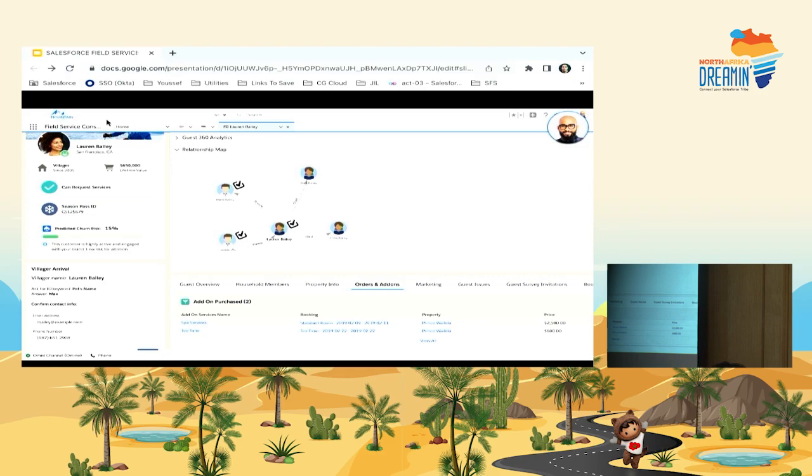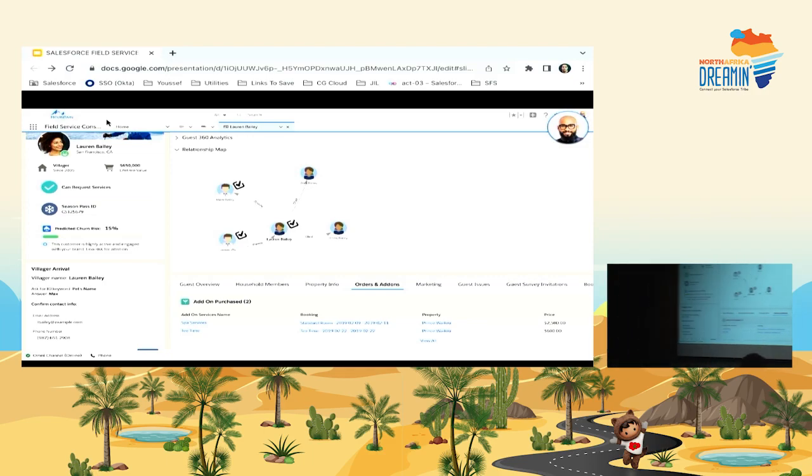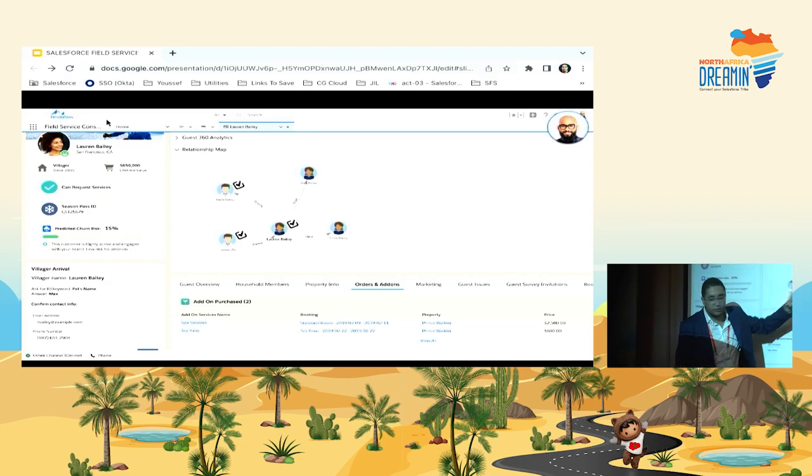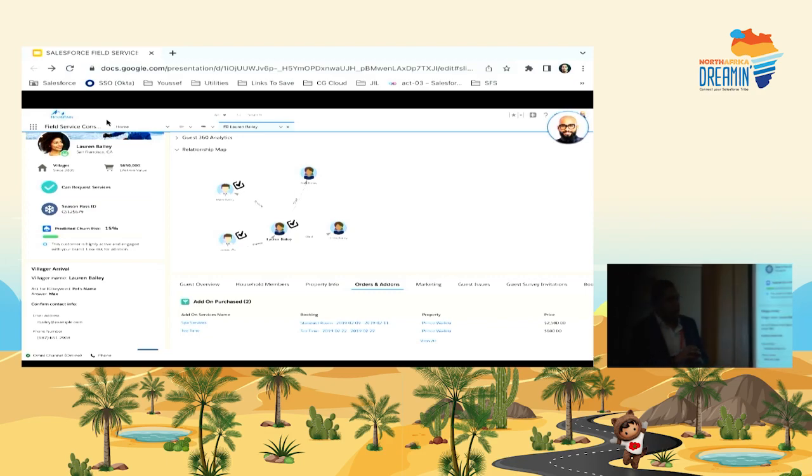Let's assume I'm the agent, Lauren called, and the agent identified the contact via the number. So what we can see here is all the information on Lauren, and we can see, for example, Lauren's relationships. We can also see, with the check here, the people who have the ability to book a trip at the residence, but the others don't have the right to do it. So I have the global picture, and I can ask directly via a smart